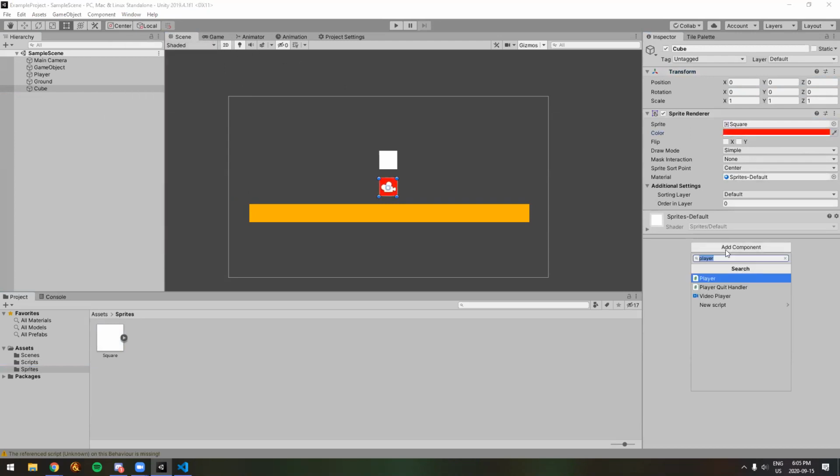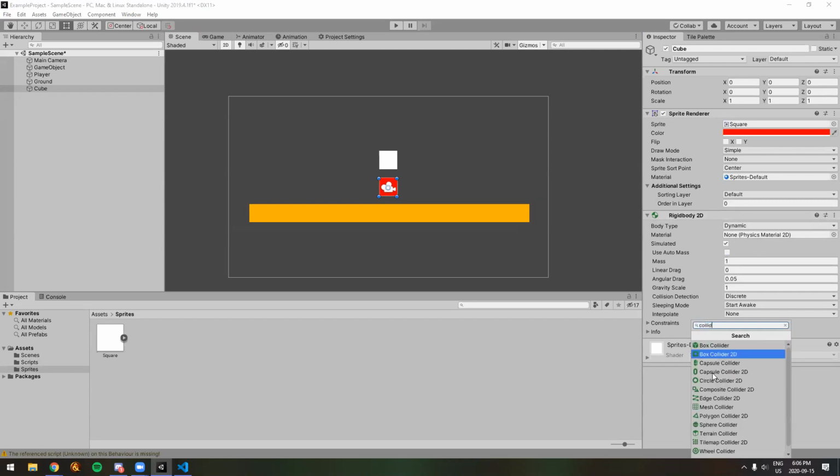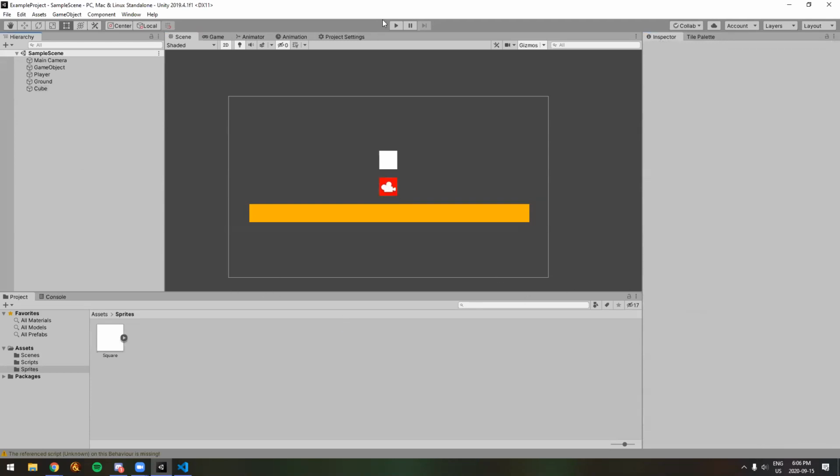Differentiate it. And I'm going to, again, give it a Rigidbody 2D for physics. I'm going to make it dynamic so it moves around. And I'm going to give it a collider as well, Box Collider 2D. And I'm going to keep that all default. So now we have this cube, and if we start the scene,